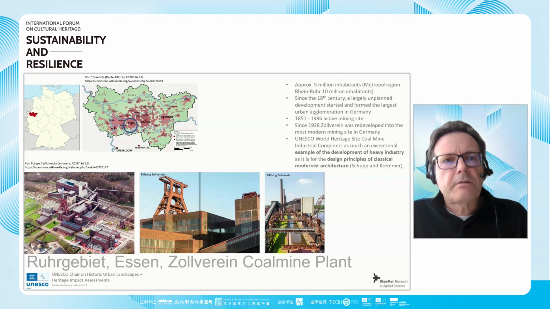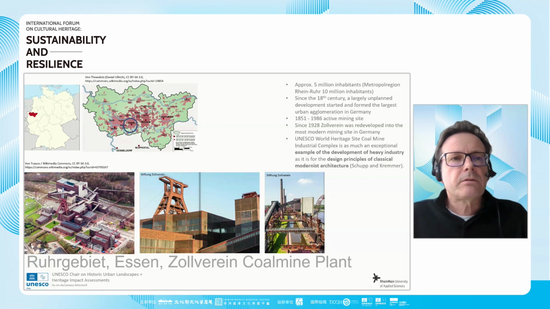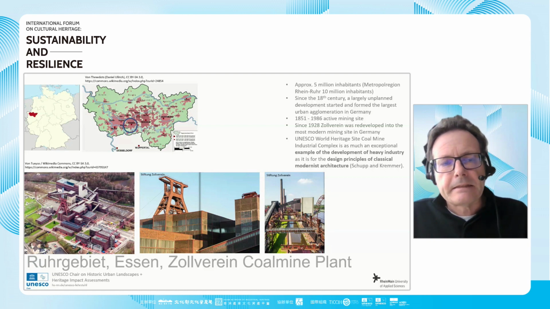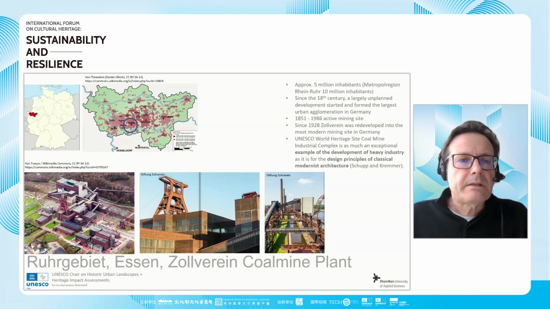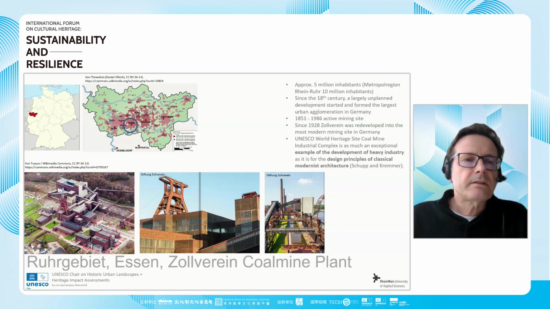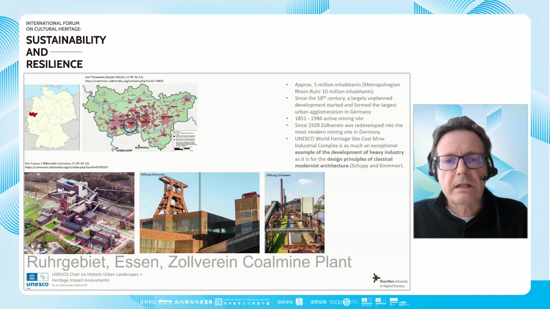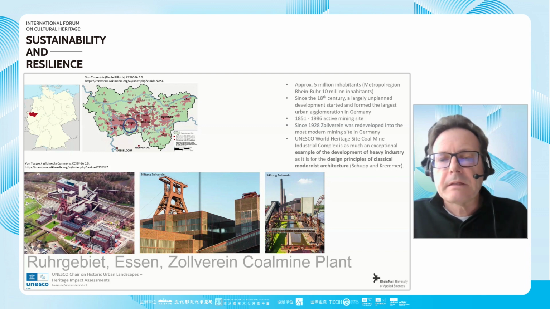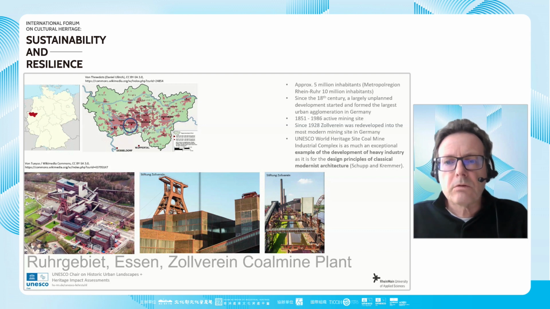Just to give you an orientation, you see on the top left the Ruhrgebiet, and you see also the city of Essen, more or less at the center of the Ruhrgebiet, and you see also an aerial view of, it's not the entire mining site, it's just a part of it. The site as such is much larger. And at least some impressions of shaft 12 and also the so-called coking plant. This has been the largest coal coking installation in Germany for a long time.